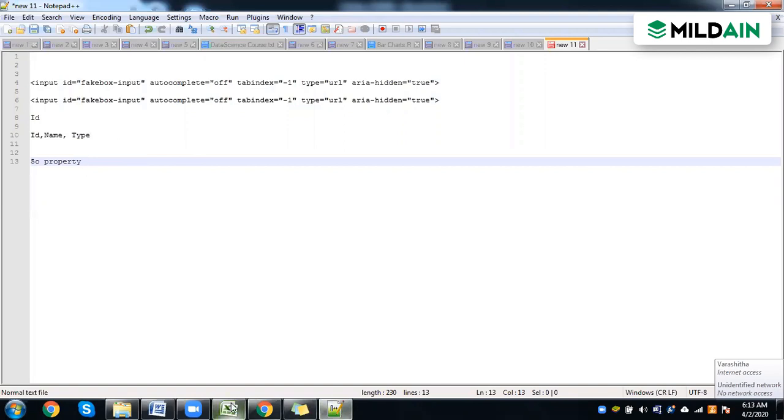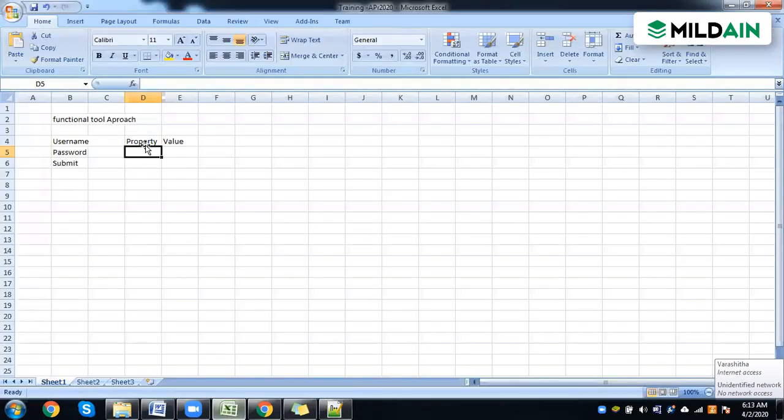Other two things we want to remember, other than the property and the value: apart from ID, name, and type, during development they will use something as class. Class is the type. Based on the class, you will get some of the methods in which it will work.